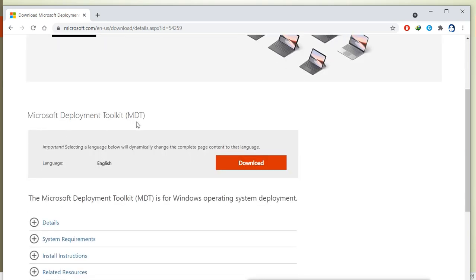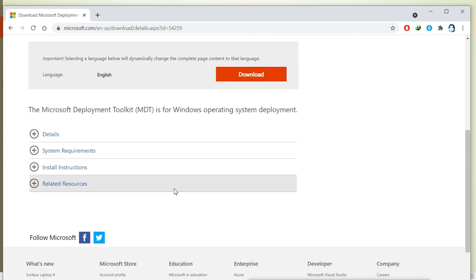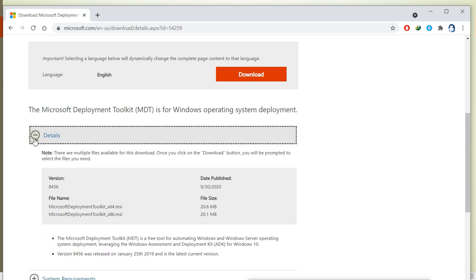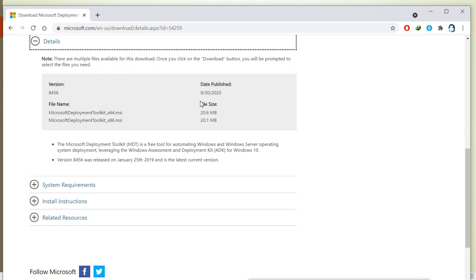It is not a big file, it is only 20 MB, so you can download it very easily. You have both the 64-bit and the 32-bit versions, so you can download it for whichever operating system you have.